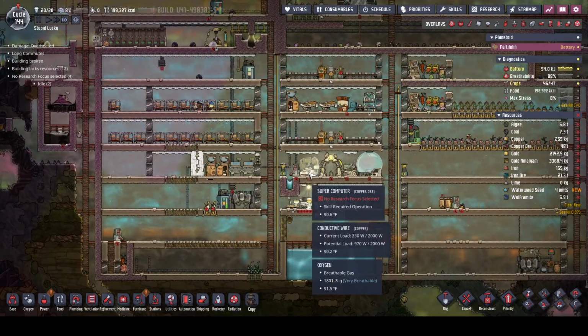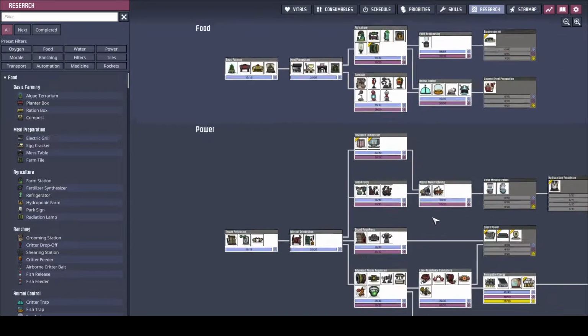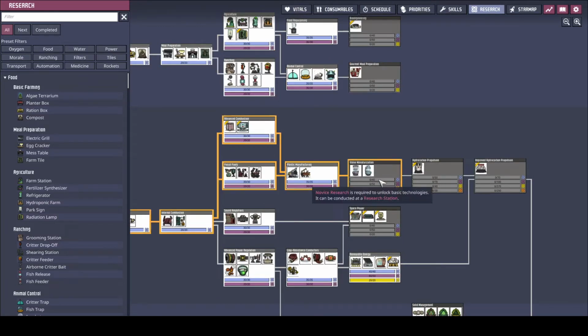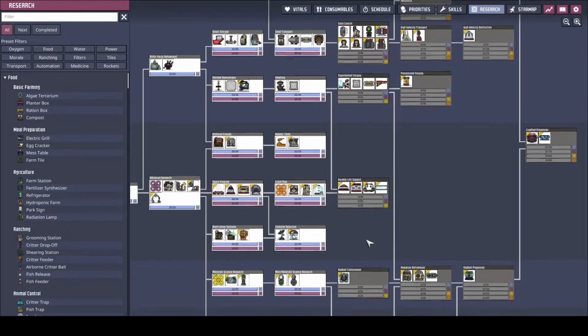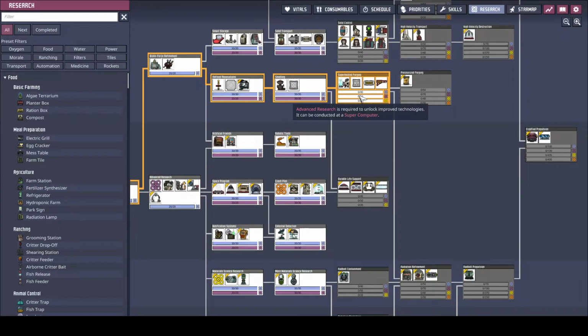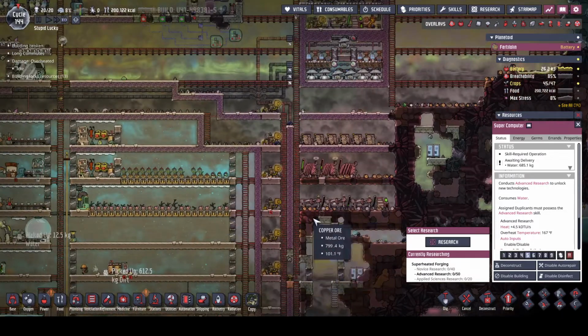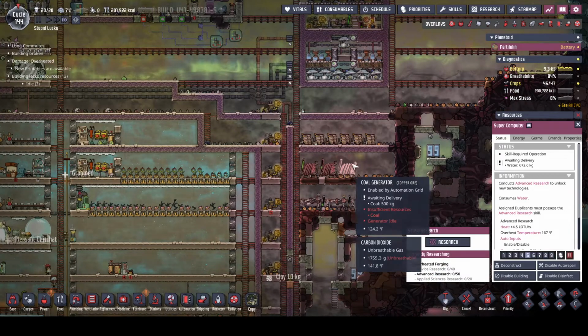Okay, so new research. What are we going to do next? New research. We are going to find something here. We could up our food game a little bit. Not worried about that at the moment. But glass is a good idea. We definitely want to do some glass. Okay, so our generators here are not keeping...